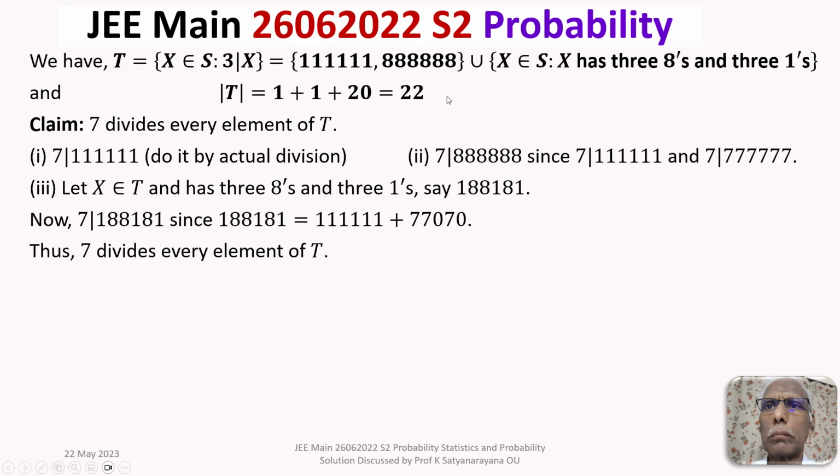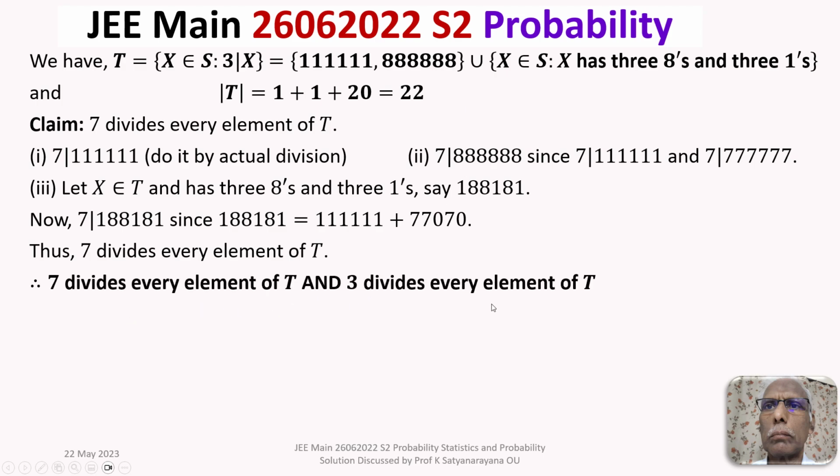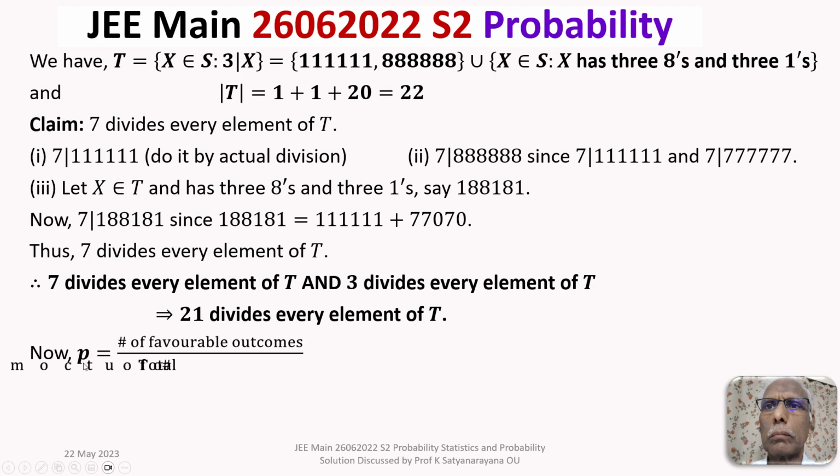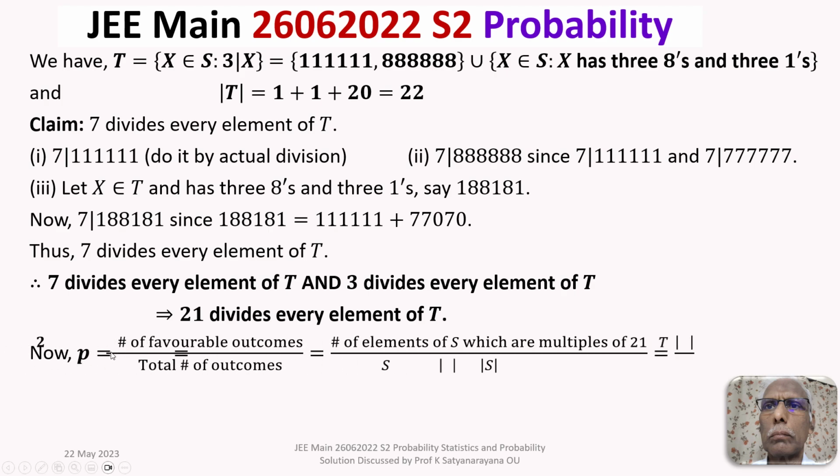Agreed. We have already seen 3 divides every element of T. Therefore, 7 divides every element of T and 3 divides every element of T, and the GCD of 7 and 3 is 1. Therefore, 21 divides every element of T. So, these are the favorable outcomes. Agreed? So now P, the probability, is the number of favorable outcomes by the total number of outcomes. That is equal to the number of elements of S which are multiples of 21